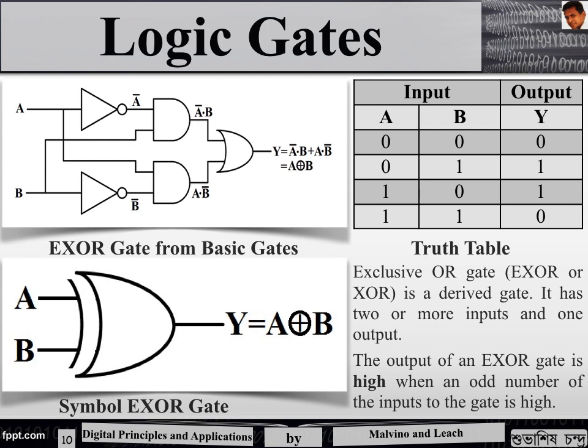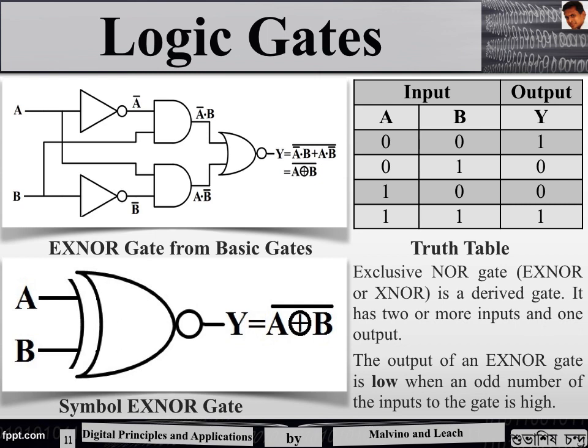The symbol is shown on the left side of the slide and it is represented by Y equals A XOR B. Now we will move on to the next special gate, the XNOR gate. The XNOR gate is basically a complement of the EXOR gate. In this case, the output of an XNOR gate is low when an odd number of the inputs to the